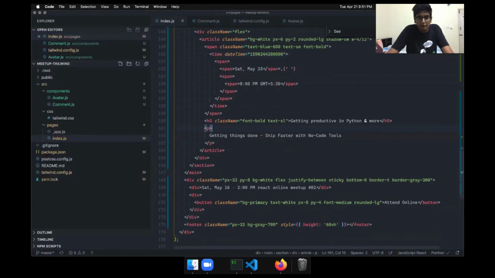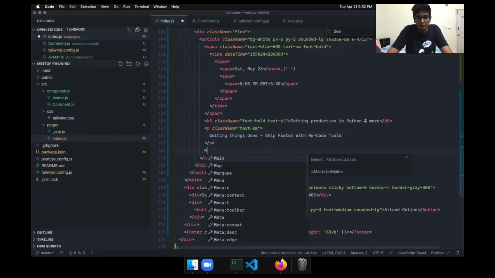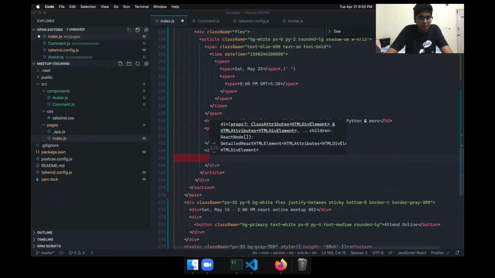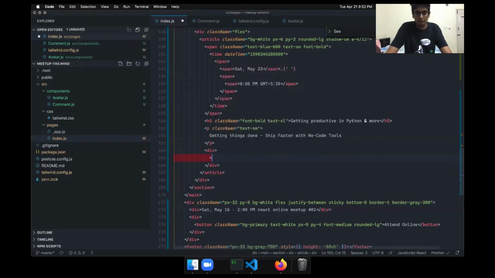So now the paragraph should have class text-sm. And now there will be a div. This div has content like the avatar, and this should be size sm.